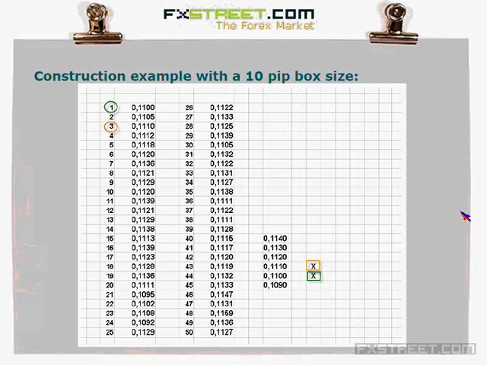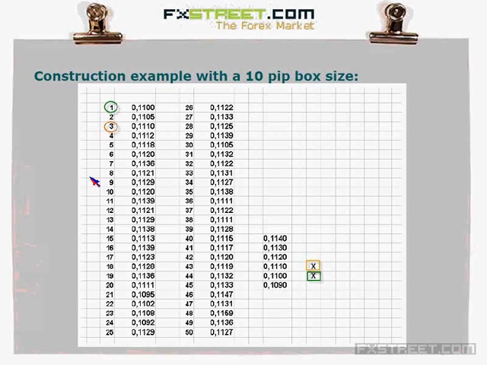In that case, the price being quoted is the same as the box size. We see the box sizes here on the right. They increase in the value of 10 pips, while the price here, as it is ticked, has different amounts of pips. So we start in that case filling the box at 1100, and then we will